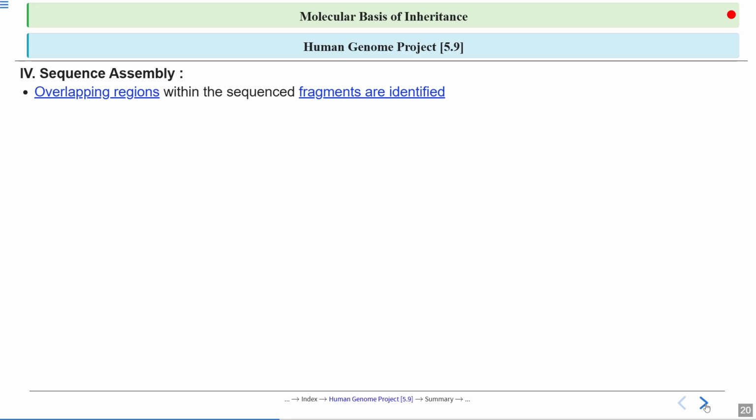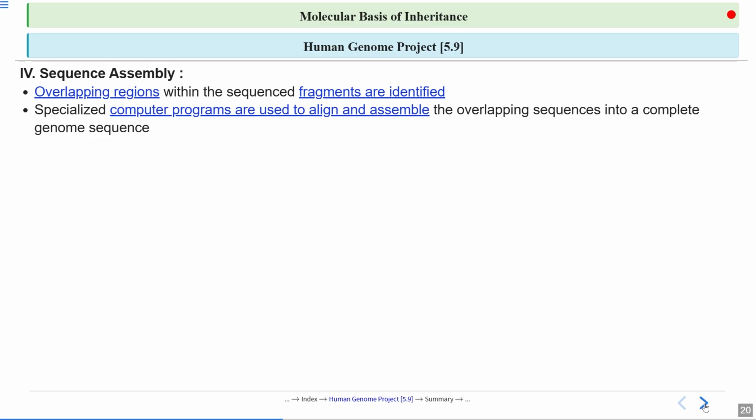So what happened in this overlapping region within the sequence fragment are identified. So there will be definitely some overlapping regions within the sequence fragments, and that are identified. Then these specialized computer programs are used to align and assemble the overlapping sequence into complete